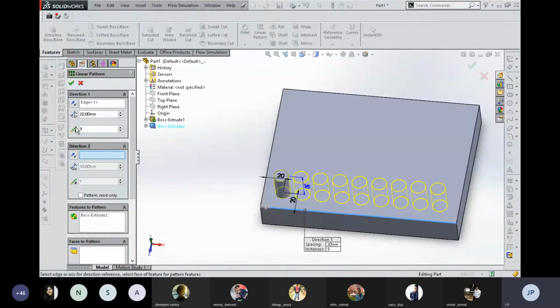Okay. Now, if you want to create this number of copies on the other side, the selection of edge is an important parameter for this. So on the direction 2 side, I am going to select the second edge over here. After selecting, the copies are not created because the number of copies is not increased. It is showing 1 right now.